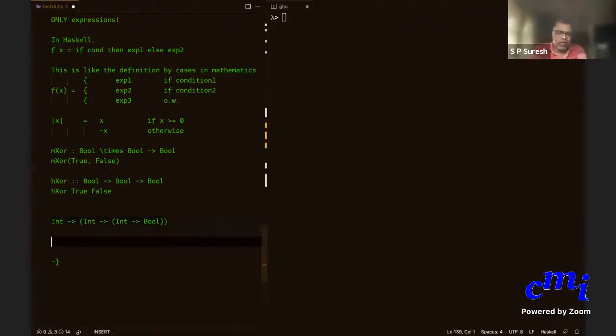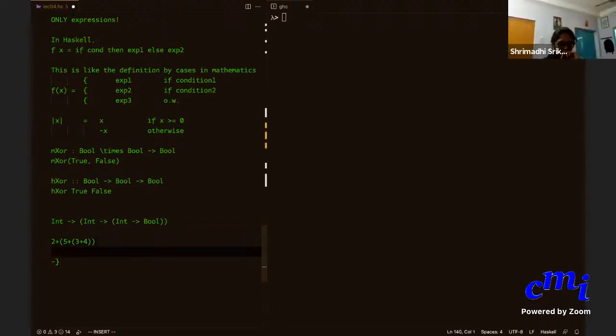That is because, if I write 2 plus 5 plus 3 plus 4, and if I bracket it like this, that is what you call right associative. For plus, of course, it is usually left associative, but doing it this way is called right associative. Is it clear? Plus is usually left associative, which means that you will interpret it as (2 plus 5) plus 3 and the whole.